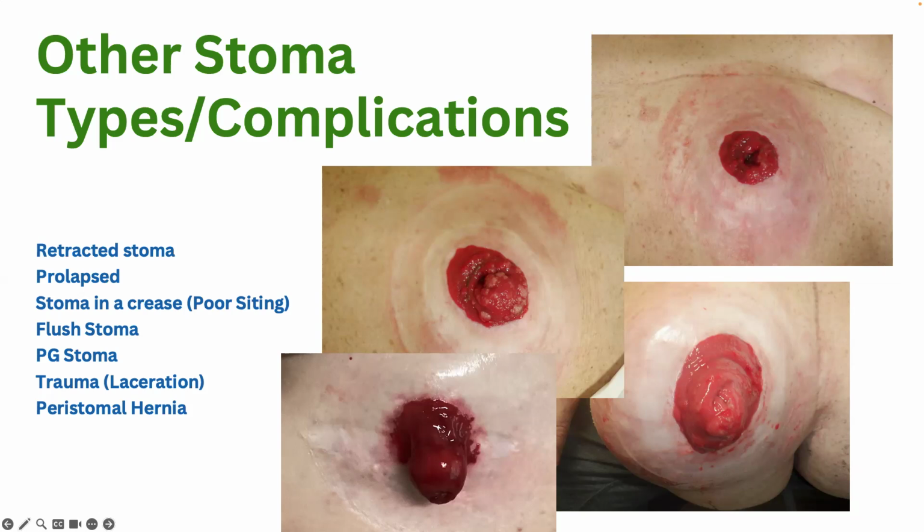beyond the wafer. The stoma can be the opposite of that, which is going to be prolapse, where it's kind of telescoping out down into the bag. So we'll want to make sure to allow more room for it and protect it if that's the case. And then a really common complication of poor placement of the patient might be putting the stoma in like a crease or an abdominal fold. So this can easily cause a leak if we're not noticing it. And we'll go over it later, how to build up around that area to prevent any